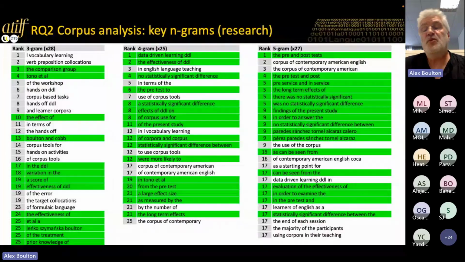And that's supported. This is the one I had to use, AntConc version 3, for a key n-gram analysis. With AntConc, you can only directly do a key word analysis, but there is a workaround in the old version. You can create an n-gram list of each corpus, and then you can compare them to see which one's key. I can't find how to do that in AntConc version 4. If anybody knows, please let me know. But all of these key n-grams, so it's groups of 3 words on the left, 4 words in the middle, and 5 words on the right. These are all key, so they're statistically significantly more frequent in the recent period, 2017 to 21, compared to the earlier corpus. Okay, so we can see lots of these n-grams do indeed relate to research.